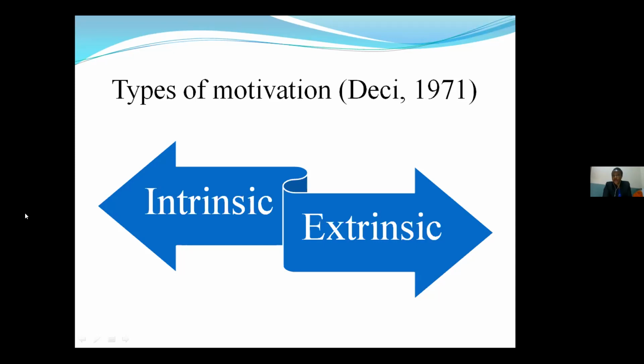Extrinsic motivation, this is the force that comes from outside. It can be from the environment or from the government or from the parents or from the teachers. Taking an example in Tanzania, our students from primary level are learning all the other subjects in Kiswahili, and their language of communication in primary school is Kiswahili. But when they reach secondary school, they have to change their language of communication from Kiswahili to English. So it's the environment that is forcing these students to change from speaking Kiswahili to speaking English.